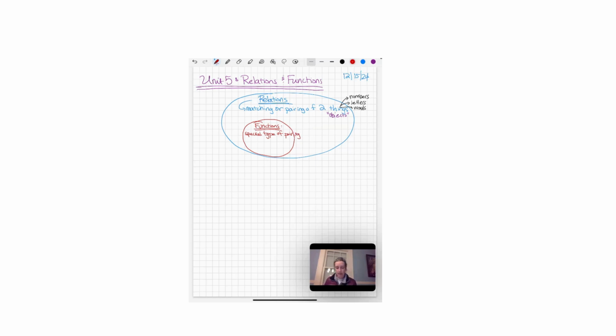And the way it works is each input in the domain has only one output. And outputs are what we call the range. So a function is a super special type of pairing,